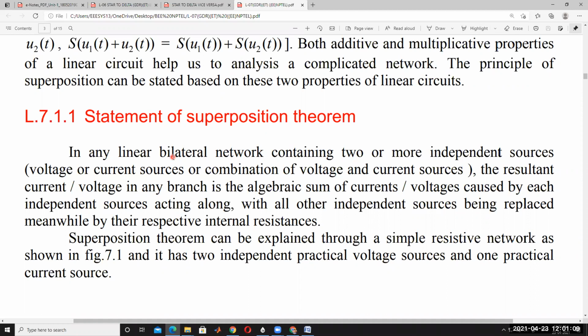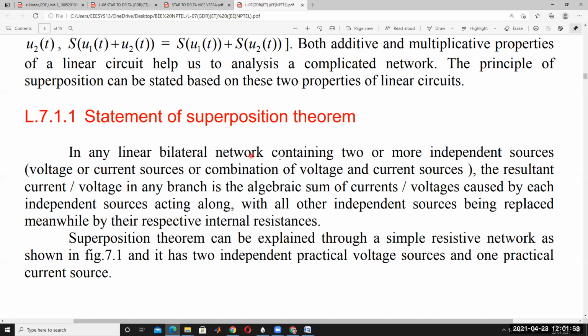For example, a diode is unilateral. Okay, that's why superposition theorem is not applicable to diode networks. It's called a nonlinear network. A diode is a nonlinear element. A resistor allows current from one side to the other, and from the other side back, in forward and reverse directions. The current flowing through the resistor is the same, and the resistance is not changing. But a diode is different. It allows current in only one direction. That's why it is called a unilateral device. But resistors, inductors and capacitors are bilateral passive elements.